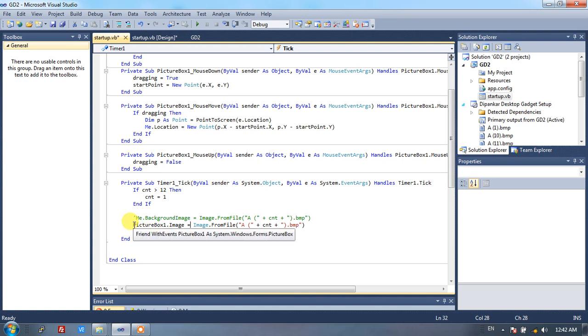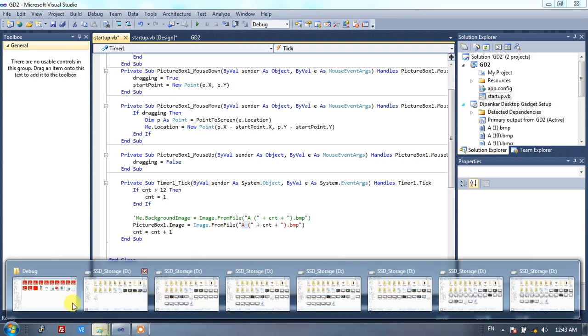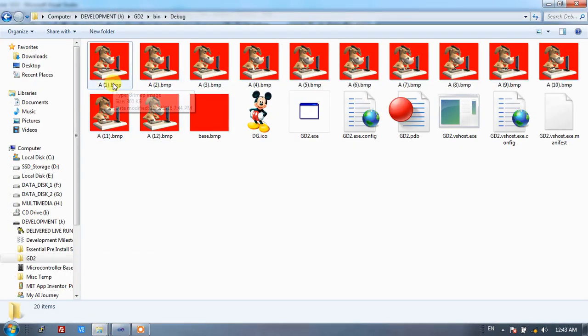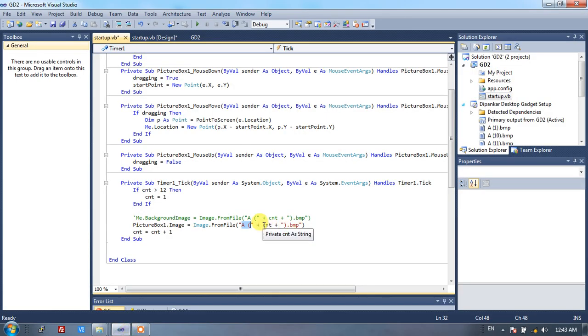Another thing is I am loading the picture box images dynamically with the value of the count, because here the A is the prefix of the picture name. Here you can see all the image names start with A, with a numeric value inside the brackets. So I am only increasing the numeric value of the picture name.